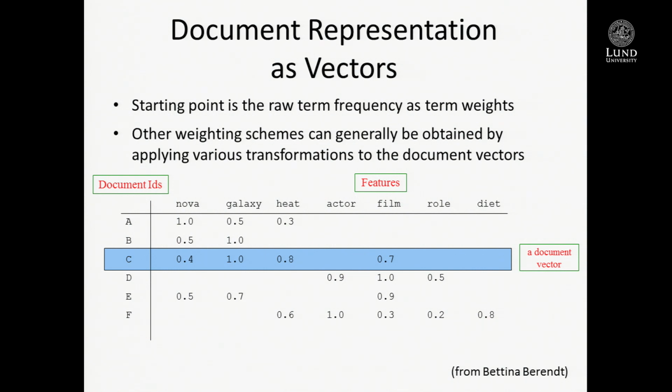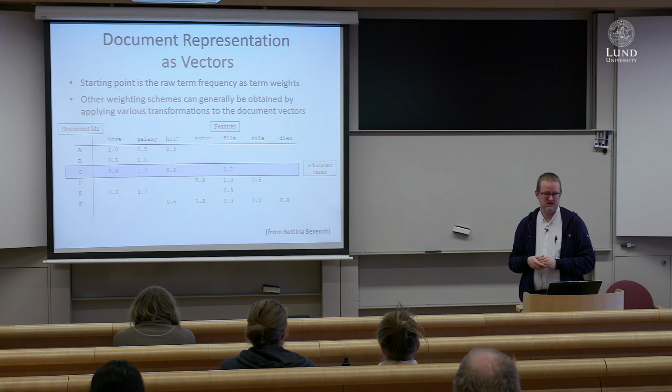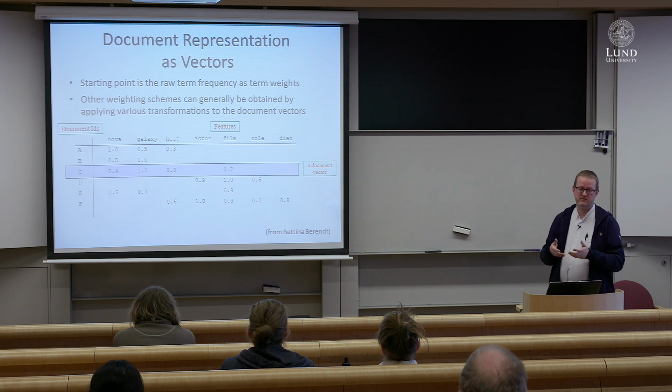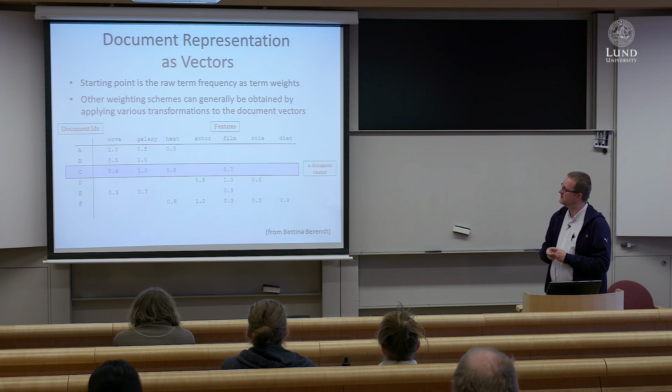But the idea here is that you can build a vector representation from all the words in a corpus that relates the documents and the words in a matrix like this. So normally you start with the raw term frequencies. You just count the words in each document, and then you can apply some kind of weighting or transformation to do it better. You can relate it to the maximum, the frequency of the most frequent word, for instance, or you can do other stuff with that. But the starting point is always the raw term frequency.